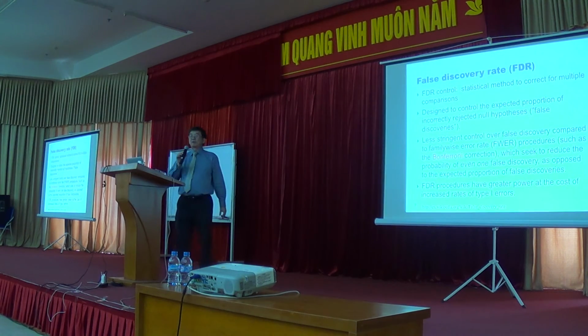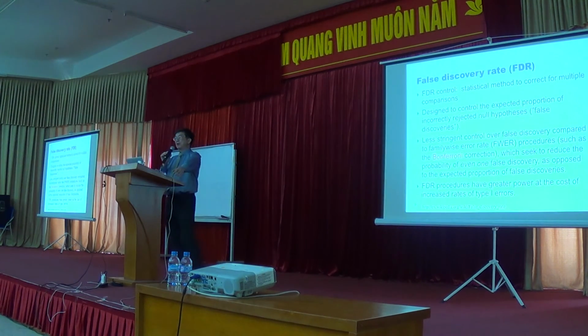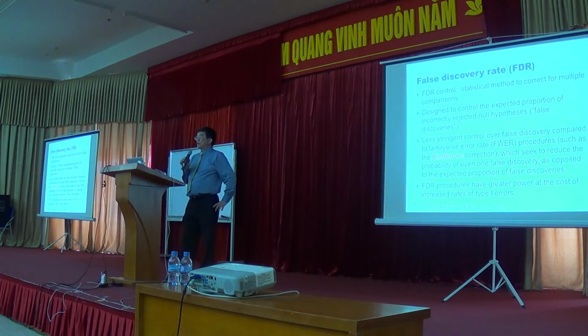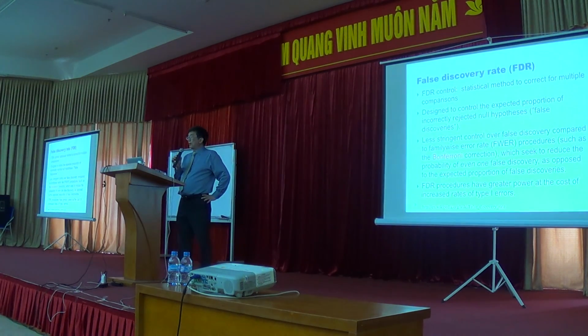The false discovery rate, or FDR control method, is a statistical method to control for multiple comparisons. It's designed to control the expected proportion of incorrectly rejected null hypotheses, of the false discoveries. Now, it is a less stringent control over false discovery compared to the family-wise error rate methods, such as the Bonferroni correction, which seeks to